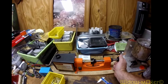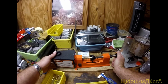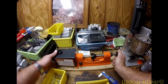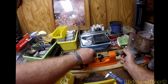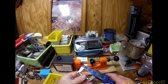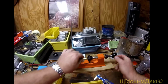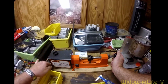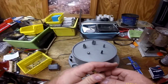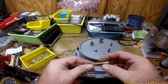After we get this done, we'll move on to the next step, and that is chamfering and deburring the cases. Also taking the military crimps out and cleaning up the primer pockets a little bit. And I have another thing that uniforms the primer pocket, so we'll take care of all that. Alright guys, we're back. Can't find my handle for this, so I guess I'll have to kill my fingers and use it. But anyway,